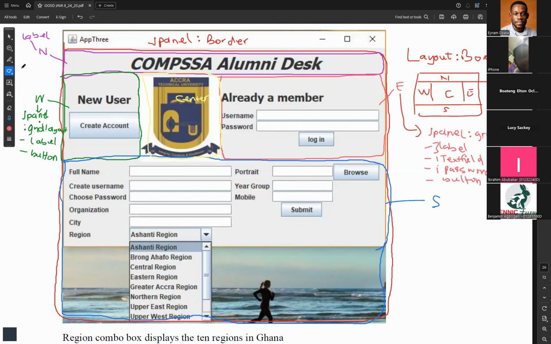Okay. Then when we come to the south, it also has an image, which looks more like what we use in the grid layout. So we are going to put a JPanel. Then for that panel, we use a grid layout, because we are using the panel because we need a layout to arrange